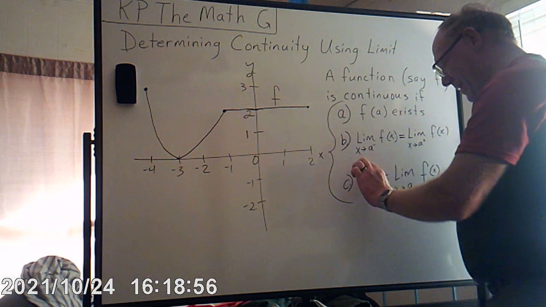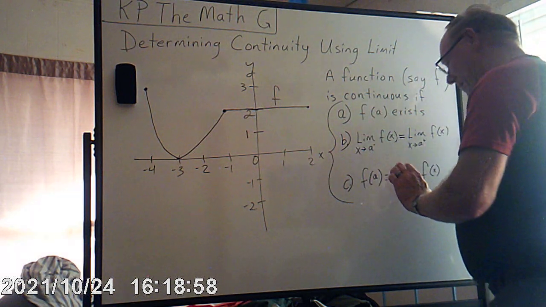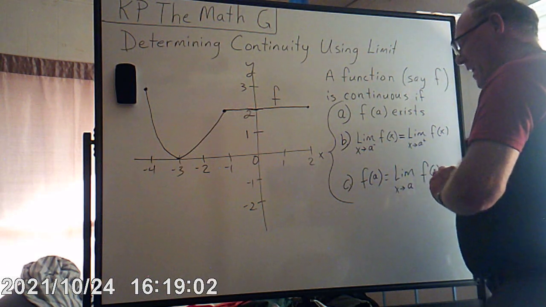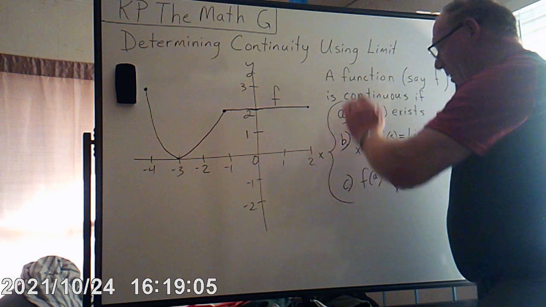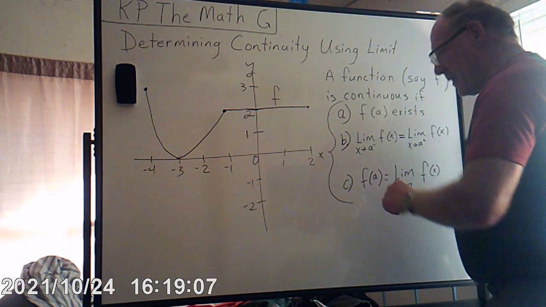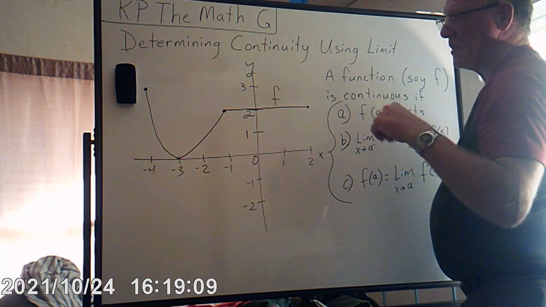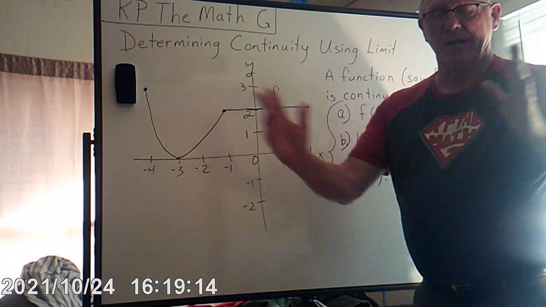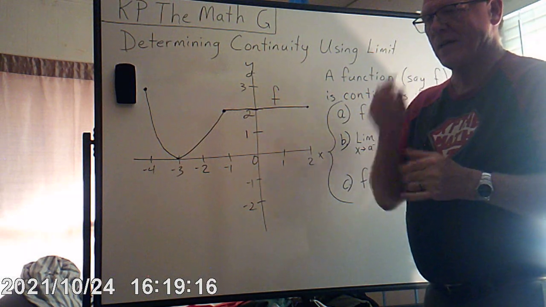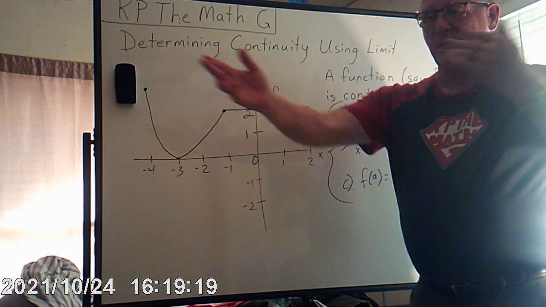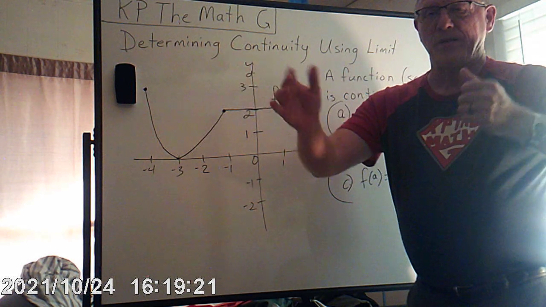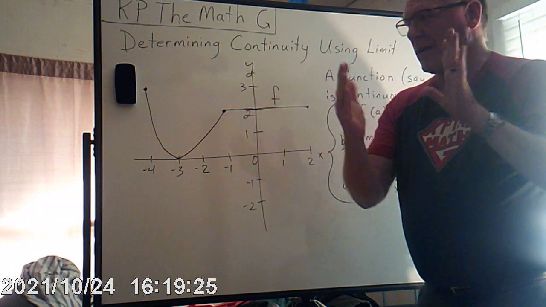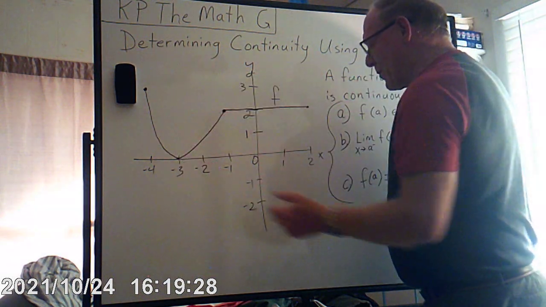And finally third, if f at a equals the limit as x approaches a of f at x, then with all 3 of these being true, we can say that we have continuity across some interval. Sometimes we're looking at the whole thing from negative infinity to positive infinity, or we're just looking at some definite interval, from, in this case, -4 to